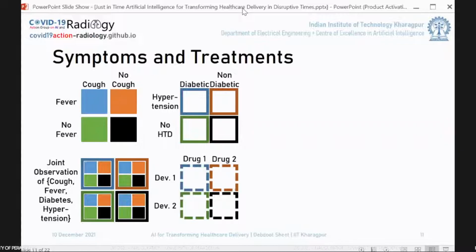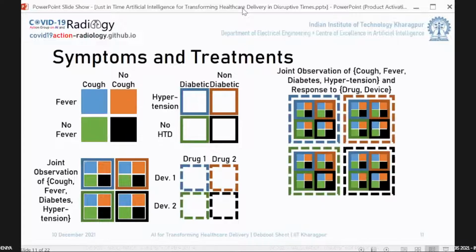Next, there can be a lot of pre-existing disorders, diabetes. So whether the person has both diabetes and hypertension or not, versus they don't have either of them or any of these intermediate spectrum. Now, if I combine all of them,